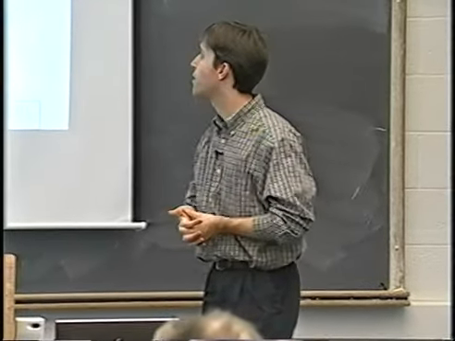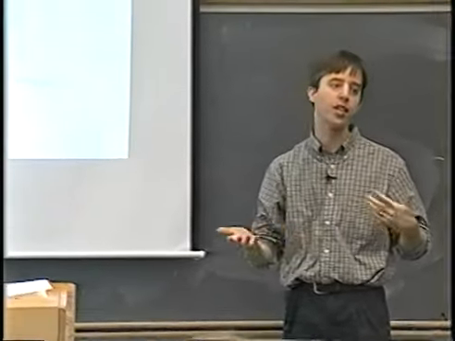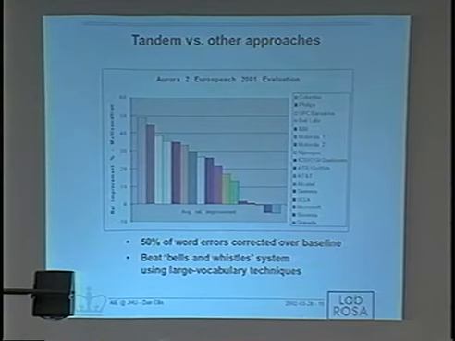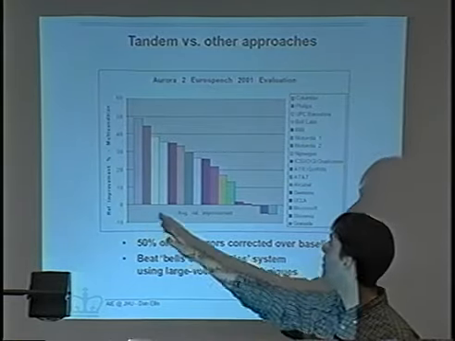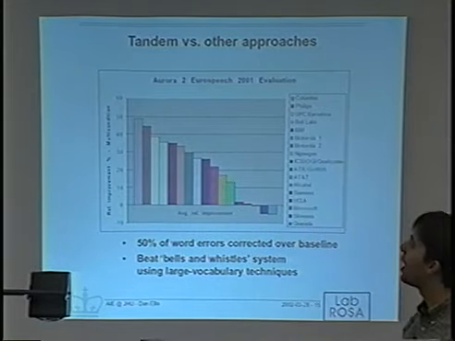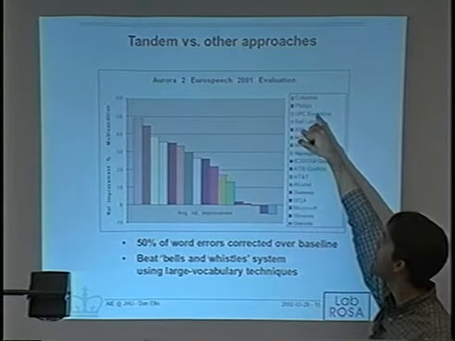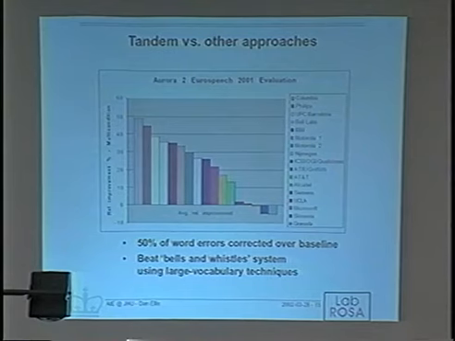So this was the system that we presented at last year's Eurospeech when there was a big evaluation, well, it wasn't really an evaluation, but there was a special event where a lot of different groups presented papers working on this Aurora data. And we were sort of working independently. We didn't really know how other people were doing. But to our great delight, of the 20 or so labs that participated, we reported the greatest improvement on the multi-condition training. And so we were second.